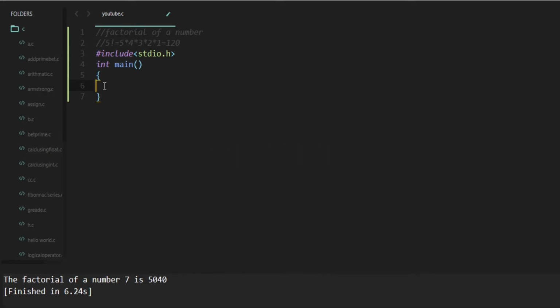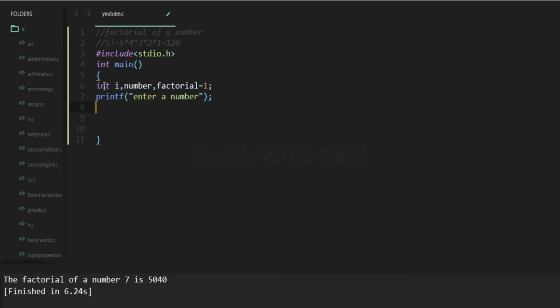For this we will take three variables: int i, number, factorial equal to 1, then a semicolon. In the next step we will use the printf function so that it tells the user to enter a number. printf in brackets, double quote, enter a number, then semicolon.